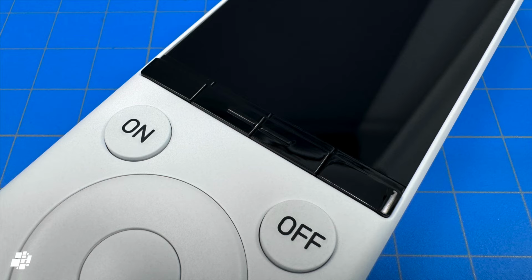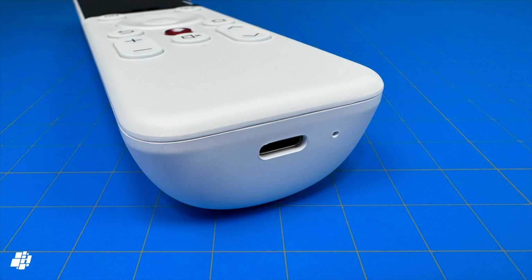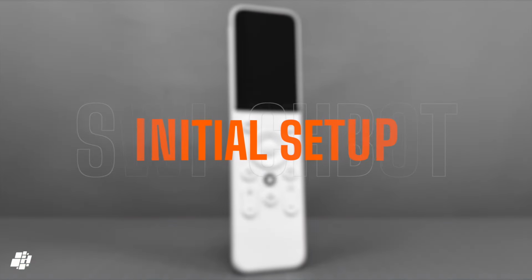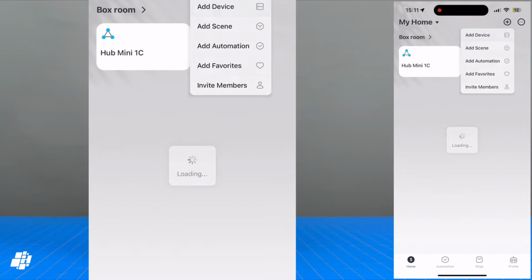Home app. The unit uses Bluetooth and IR, so you still have an IR transmitter on the front like any other remote, and on the underside there's a USB-C port to recharge the internal battery, and I'm always happy to see USB-C in use. So you will need the SwitchBot app to set up the device, but thankfully it's not